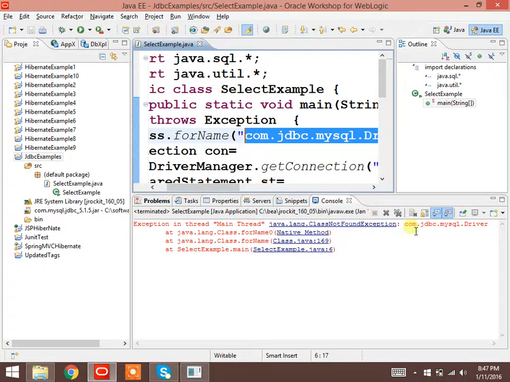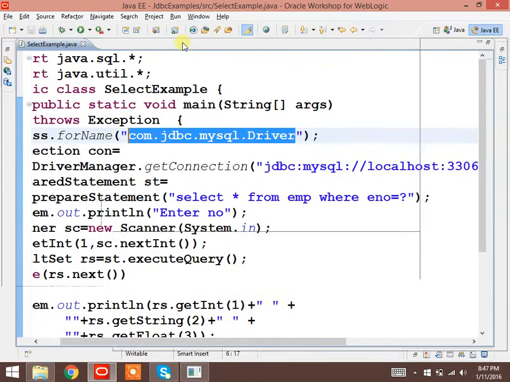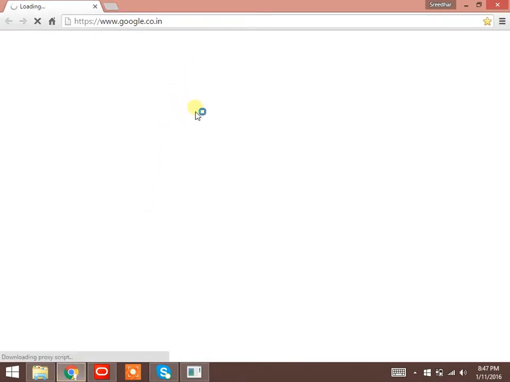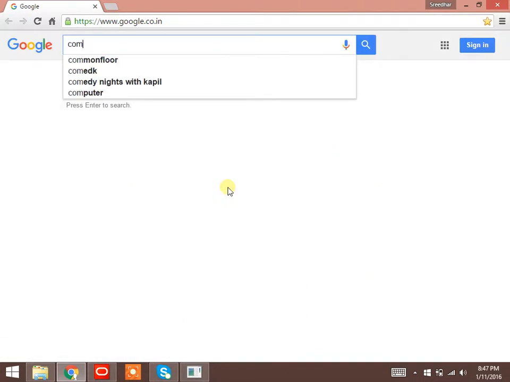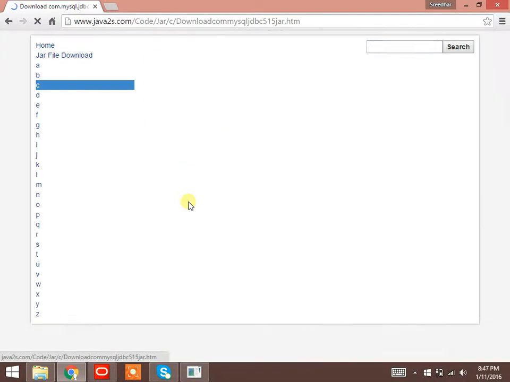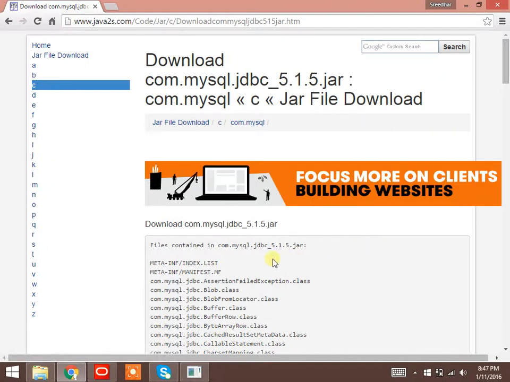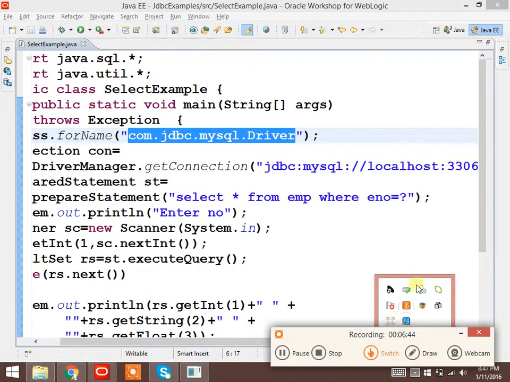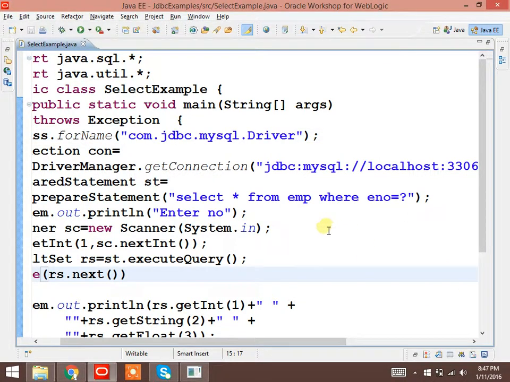Still there is an exception with the com.jdbc.mysql.driver. There is an issue. Let me download this. Same driver I have.